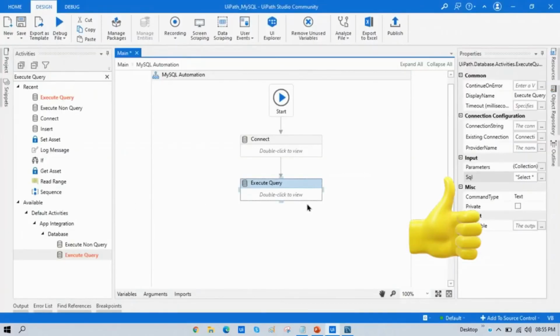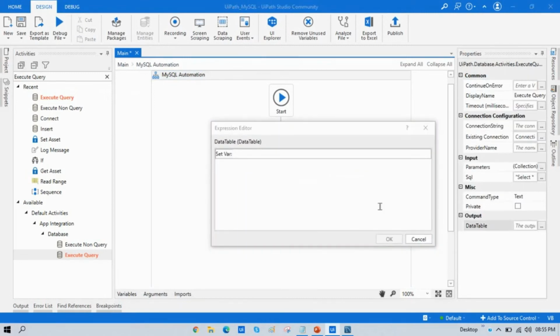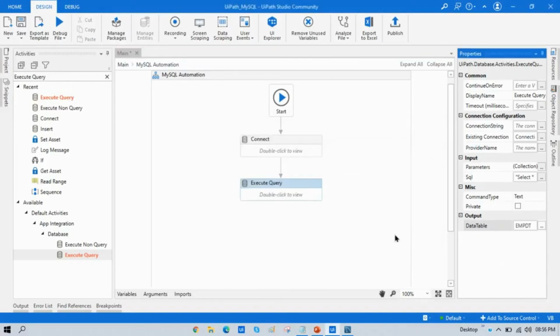So for that, here you can see in the output data table, we should create one data table, so we can write here EMP DT, employee data table.